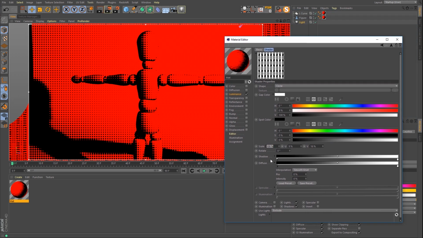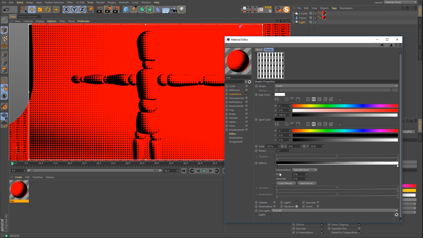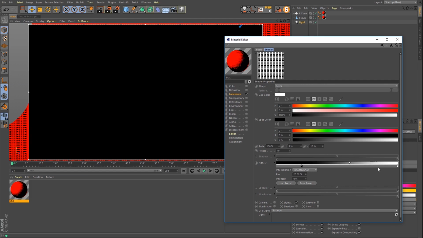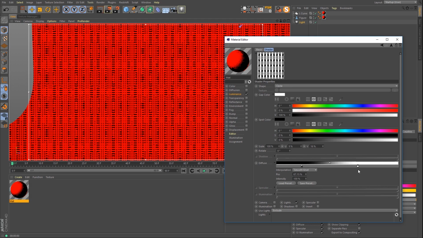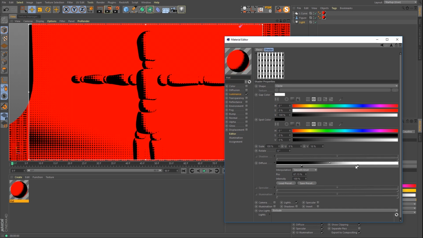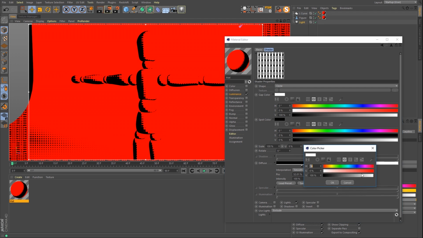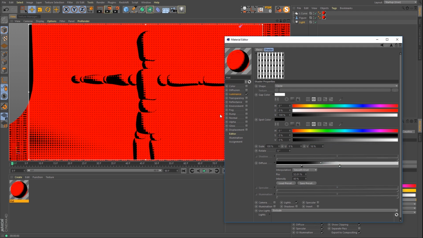Now looking at, let's turn off shadow for right now and just focus on the diffuse. And we can assume from what we learned with the cell shader, this is basically doing the same thing. This is just going to clamp our gradient to be a little tighter, and now the fall off is different. And now you can see when we've got pure black here, it's a solid fill, and when we have pure white, we have nothing. So what we can do is clamp these values with, you know, like an 80%, and